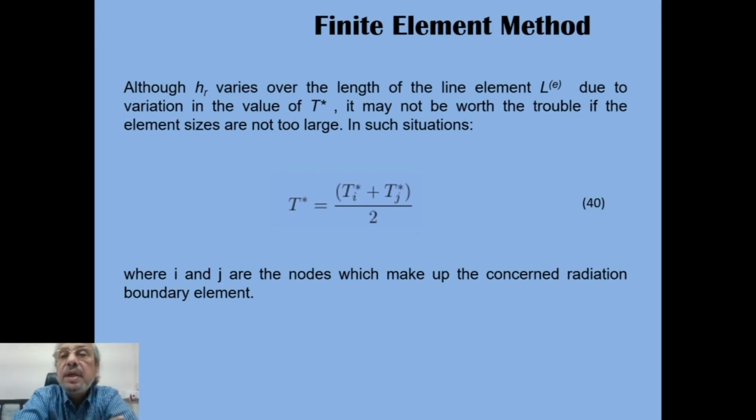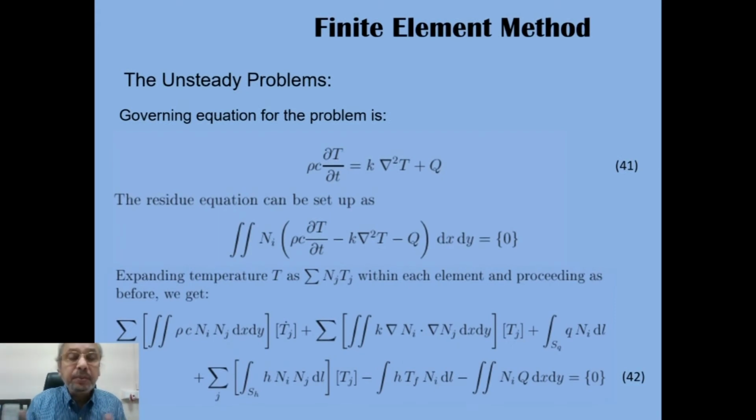The same thing applies if it is a triangular element, where only two points are lying on the boundary. That means one side is lying on the boundary, one segment is lying on the boundary, and that will have 2 points. That is the property of the boundary condition and the property of the geometry.